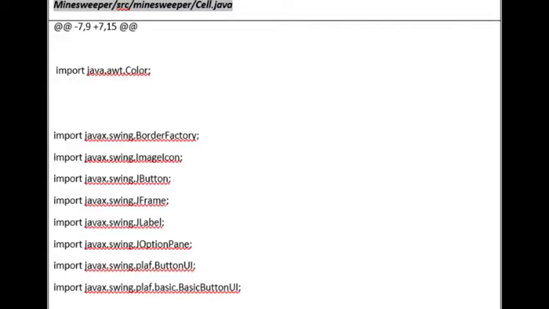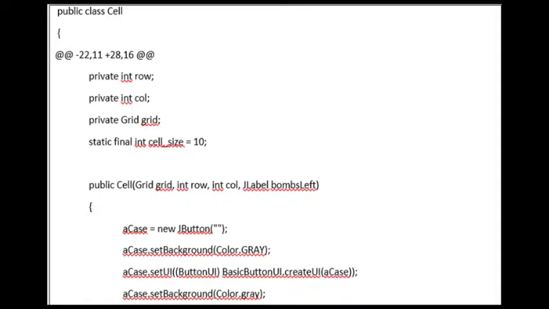Now we go into the next class, which is named Cell. Inside here we will set a few objects: integer row, integer column, and also the grid. We stated that the integer cell size is 10. Next we open up the class Cell,